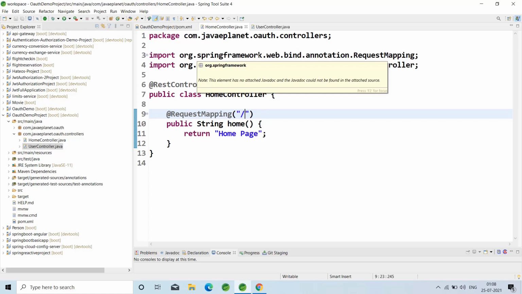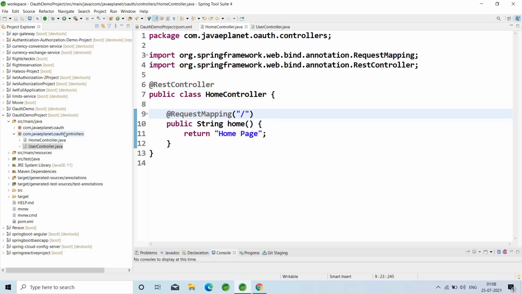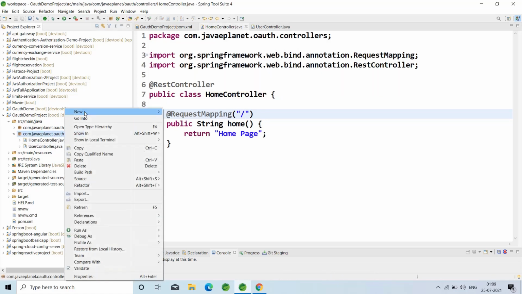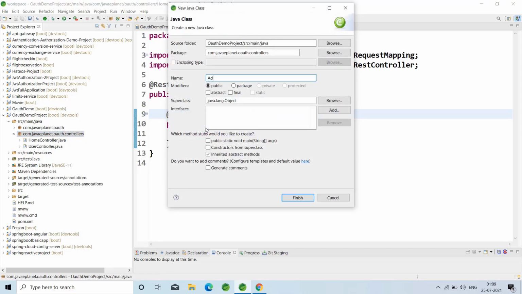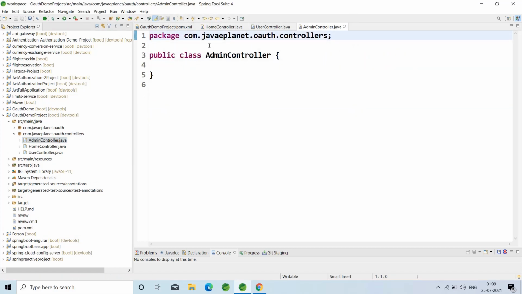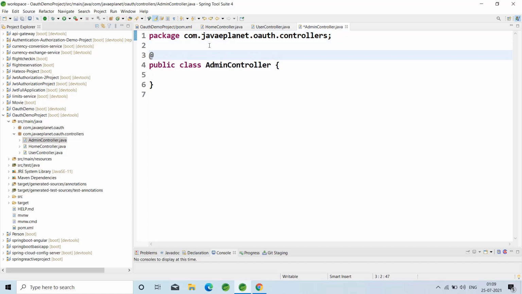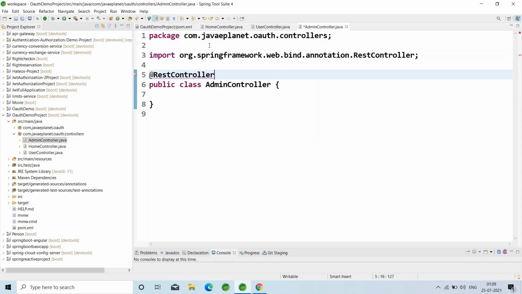Now create the AdminController, new class. Annotate this class with @RestController.